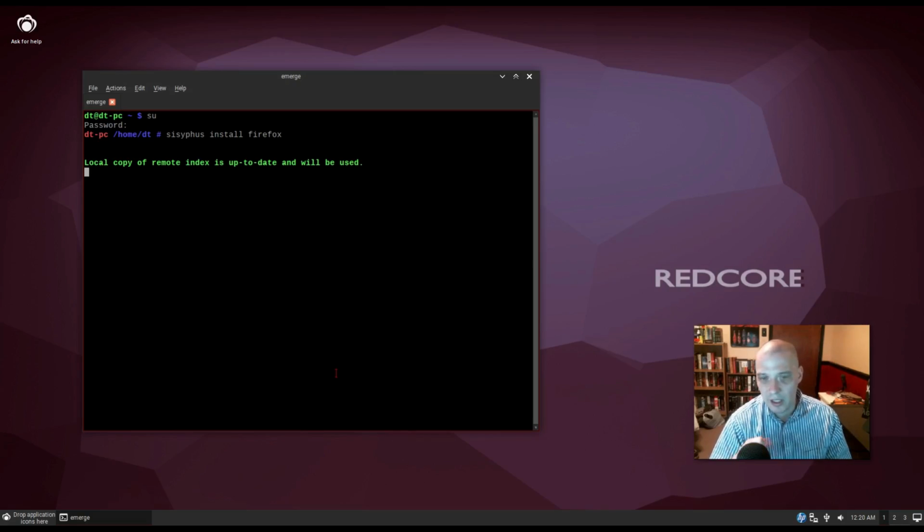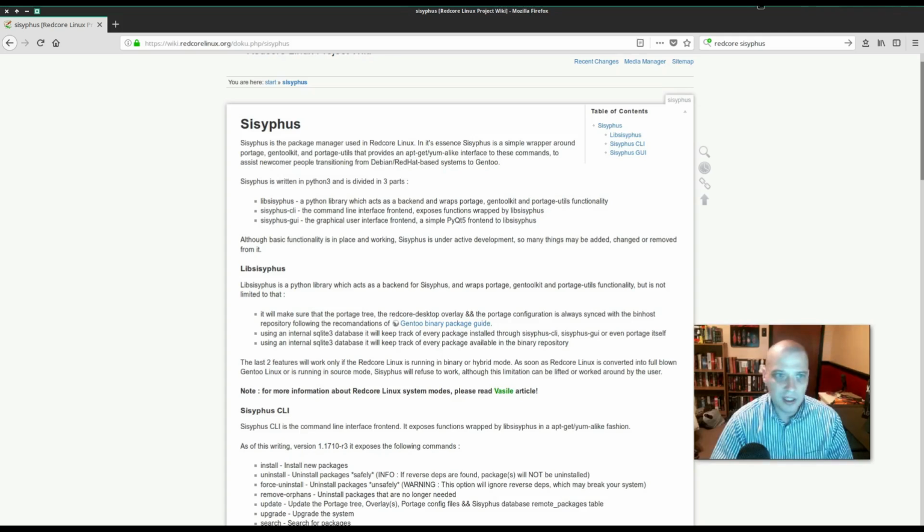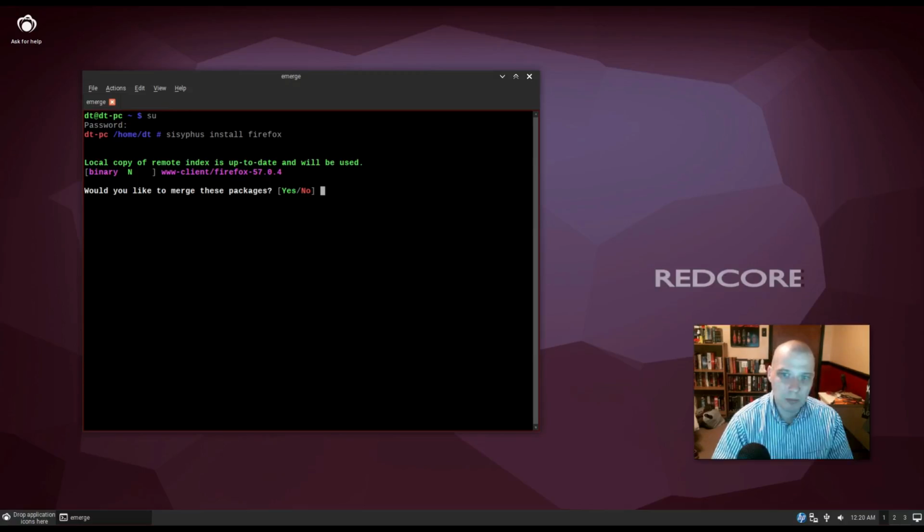Well, let me pull up their page here. Sisyphus is the package manager used in Redcore Linux. In essence, it is a simple wrapper around Portage, Gentoolkit, and the Portage utilities. So basically, it's just a wrapper for Portage. Anyway,